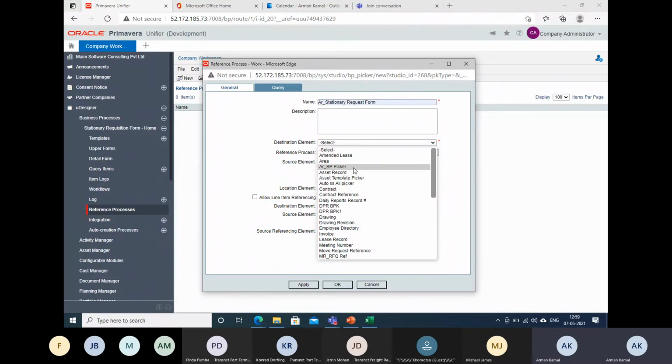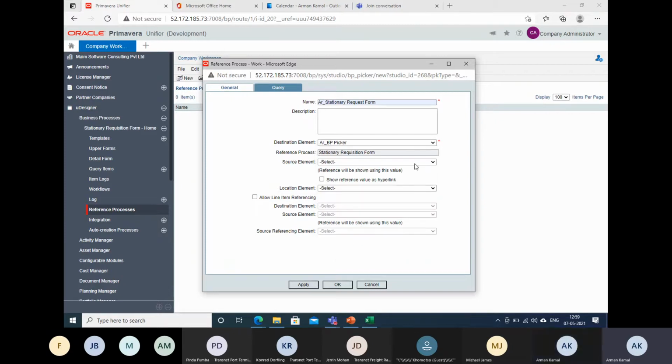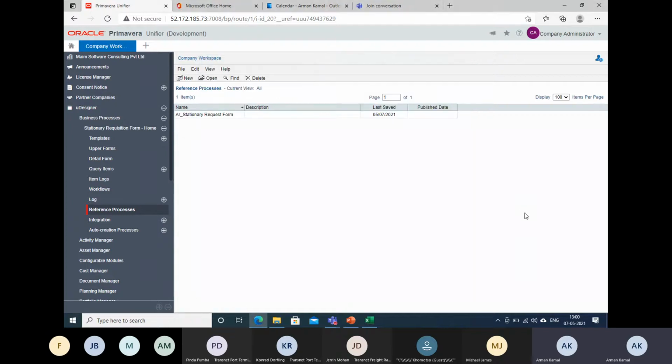I need to select this ARBP picker. Why am I repeating this ARBP picker? Because the BP picker is the BP through which employee details will be auto populated. I will select this. Okay, source element, I will use employee ID. And this, by the way, we have already defined in the previous video. You can refer to that. I will click OK.